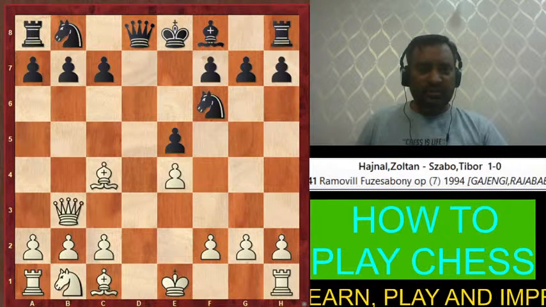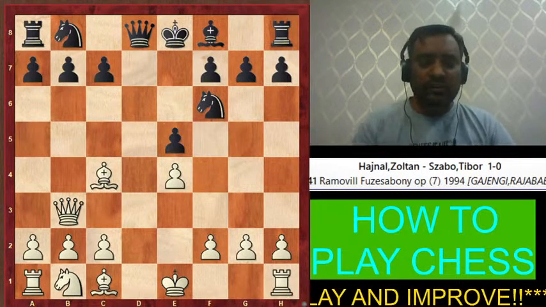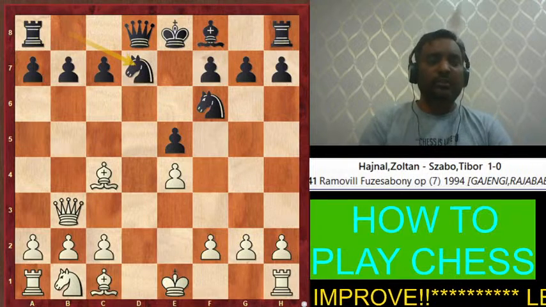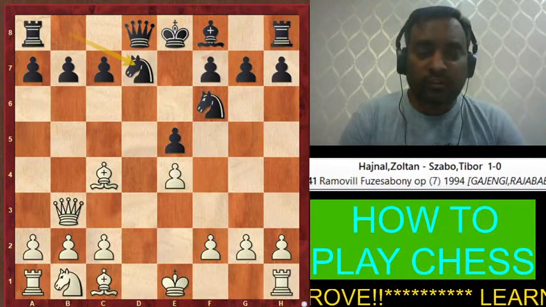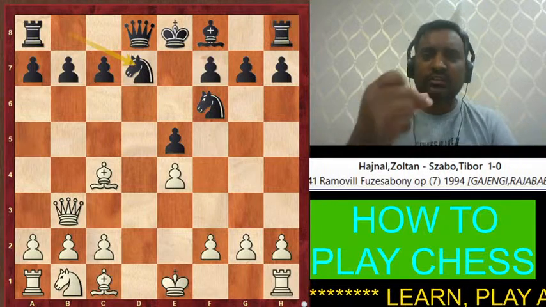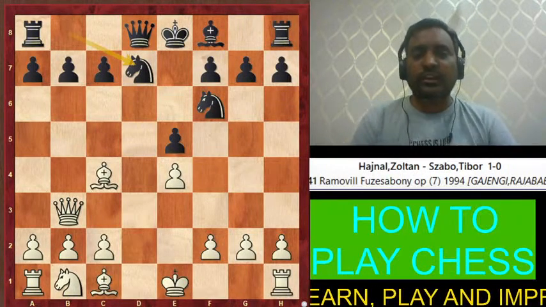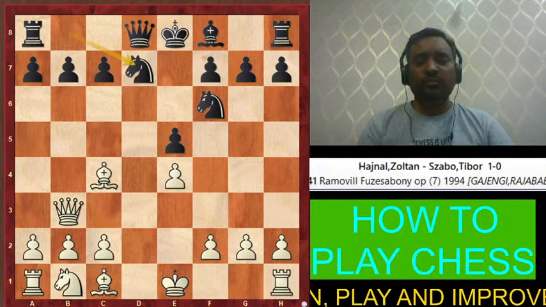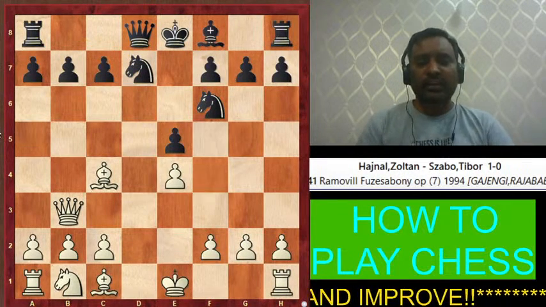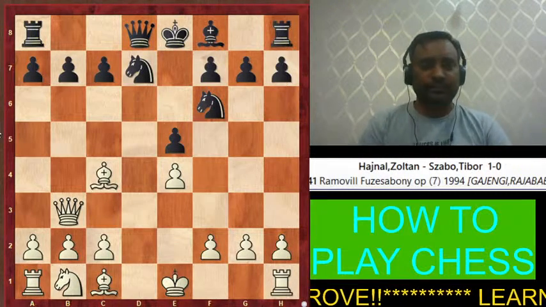Okay, now a quick revision from what we learned so far. Here suppose the knight came to d7, so how should white checkmate the black king? If you know the answer, you learned so far so much, so tell me how white should checkmate the black king, because this move is a wrong move. Okay, so come on, tell me how should white checkmate the black king in two moves. Come on, quickly.